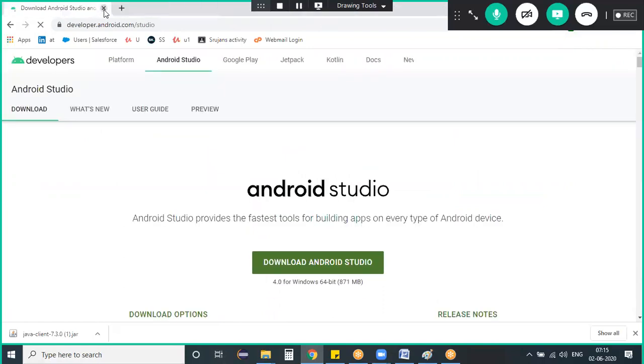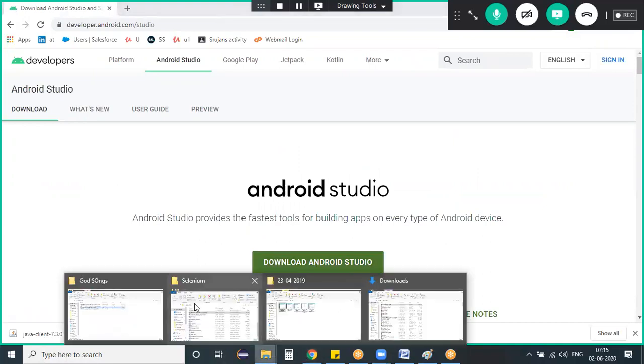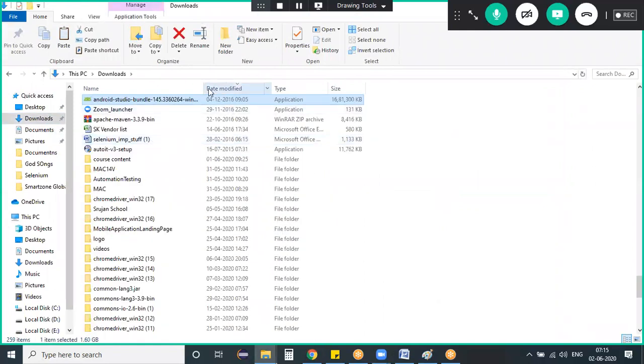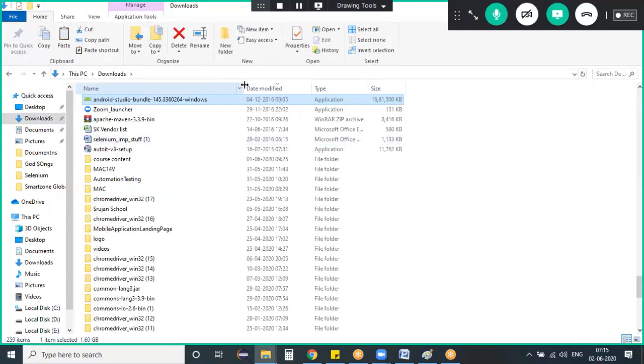See here, this is the thing, and click on this download Studio. It's going to download as an exe file, a Windows installer. I downloaded it a couple of months before, so I may be using an older version. You may be downloading a more recent version, and that's fine. Download it. Once you have downloaded Android Studio, just like a regular installation, double click on